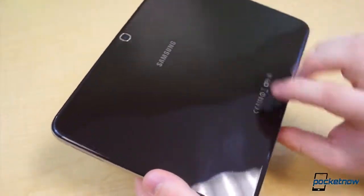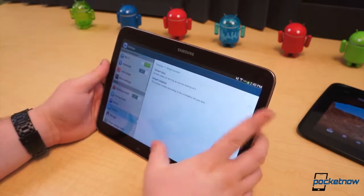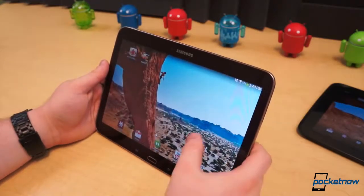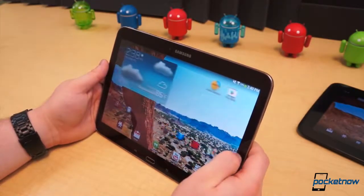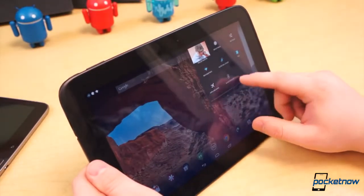It's sturdy and the frame doesn't flex or creak, but the button configuration feels out of place on a 10-inch tablet which will primarily be used in landscape. And its specifications leave much to be desired. The Nexus 10, however, is one of the more premium-feeling Android tablets, and while its Exynos chipset may not be